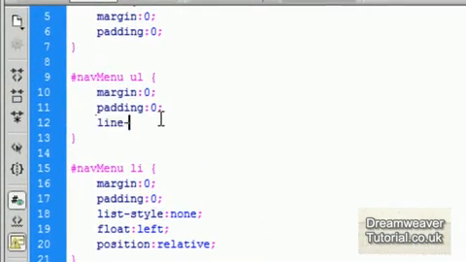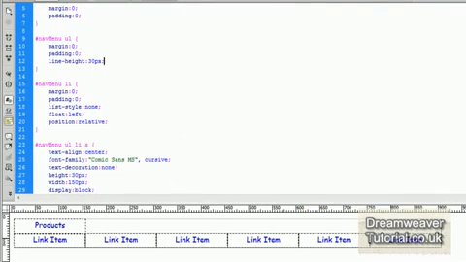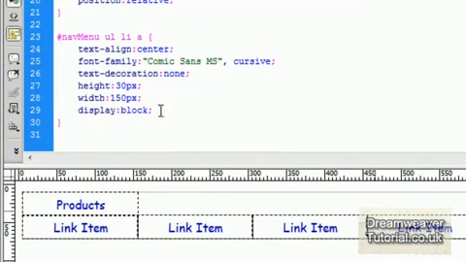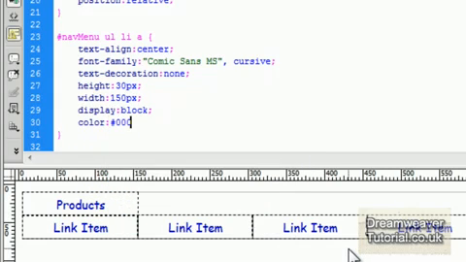Okay, so I'm going to center all of the text as well inside of that area. So I'm going to type in line-height: 30px inside of the nav menu UL. Okay, you can see that centered it nicely there. I'm just going to adjust the color of the text links to black. So I'm going to type in color: #000;